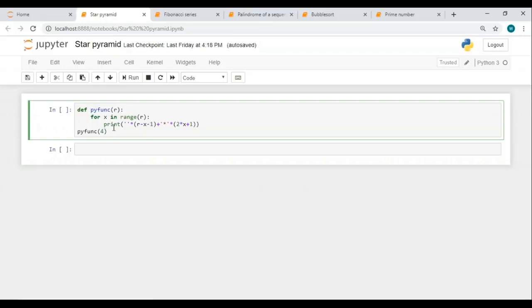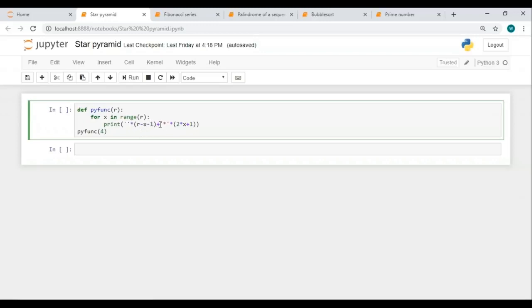Now what exactly this print statement does is, it's going to print two parts to my output. The first part is an empty string multiplied to the number of rows minus x, which is the iterator value, minus 1. Now, since this is an empty string, whatever number is multiplied by this, it is going to generate null, which means I can also assume this to be 0.